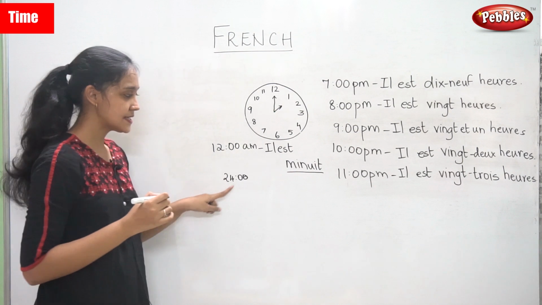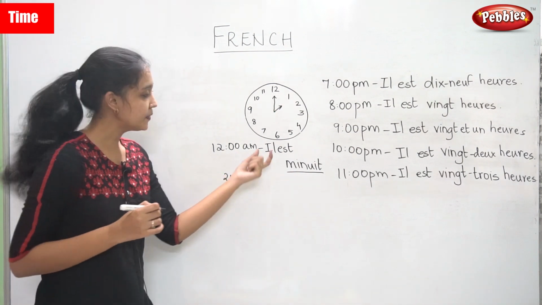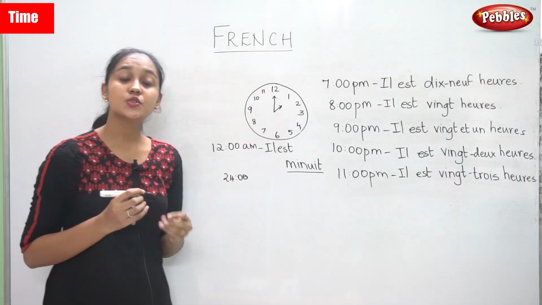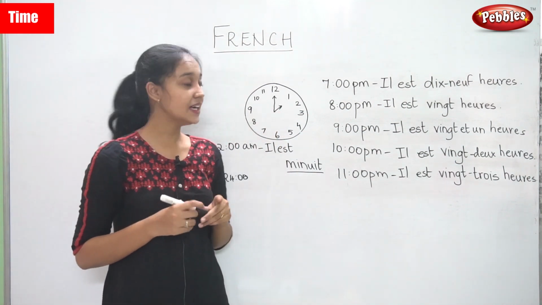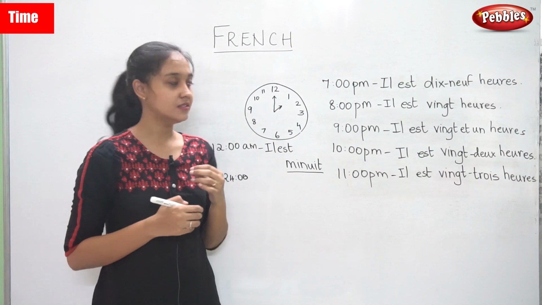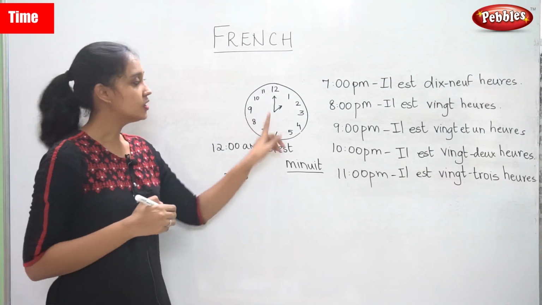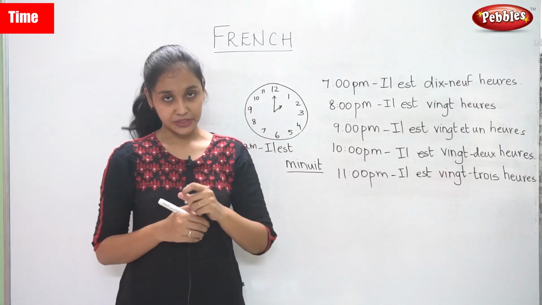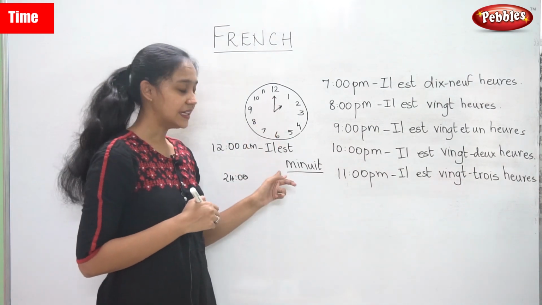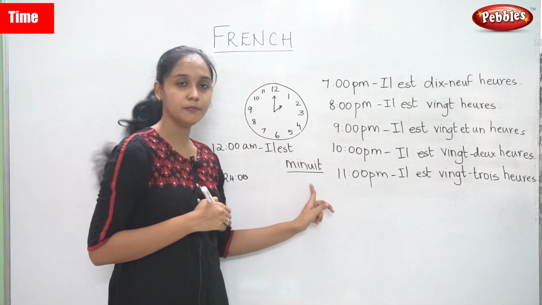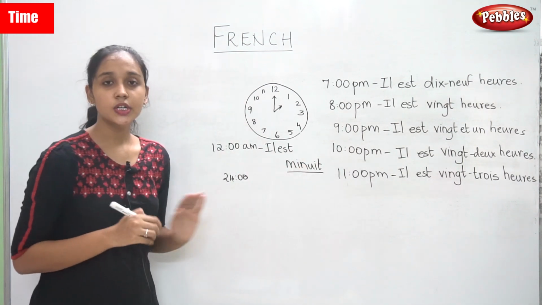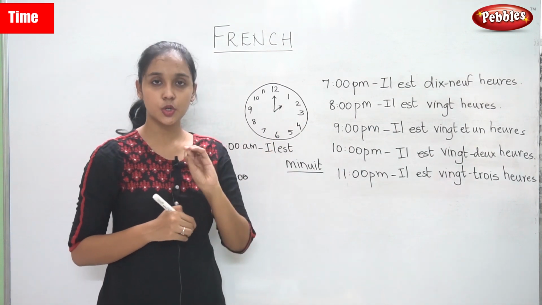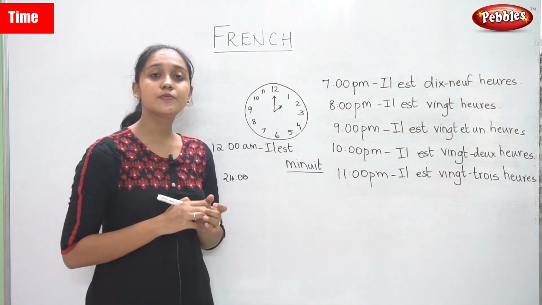So to say it is 12 a.m., you say il est minuit. If it is 12 noon, you say il est midi. So these are the two things that are different. For noon it is il est midi. For midnight it is il est minuit. So now you know to say the time when it is 1 o'clock, 2 o'clock and so on up to